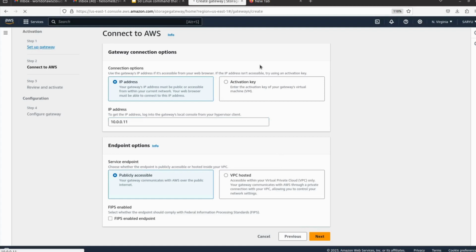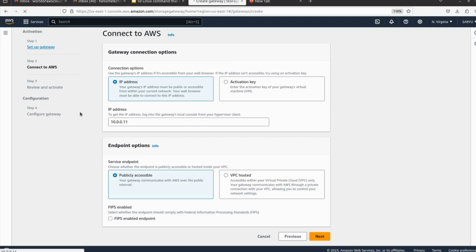The other options are review and activate, and configure gateway. We have to provide some more detail to configure this storage gateway, but I have shown you the maximum steps we can perform, and this is how we can configure a storage gateway.